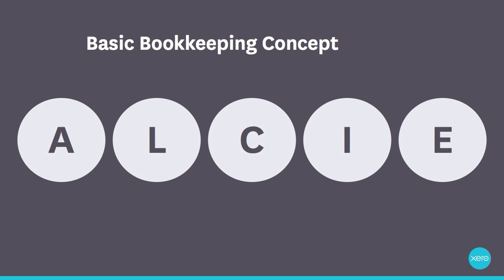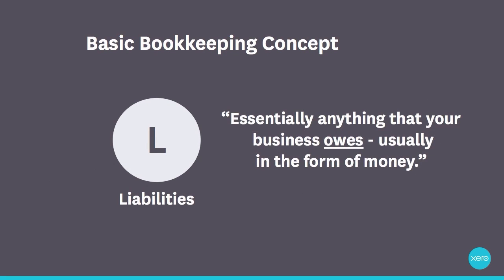Next, we have our liabilities. Now, your liabilities are essentially anything that your business owes, usually in the form of money. But it's important to remember the difference between an expense and a liability. An expense is usually something that is owed within a short period of time, if not immediately. So, for example, taking your team out for lunch. You pay that bill there and then. Therefore, it is regarded as an expense. However, if you buy something on credit, then that will be considered as a liability because you aren't paying for